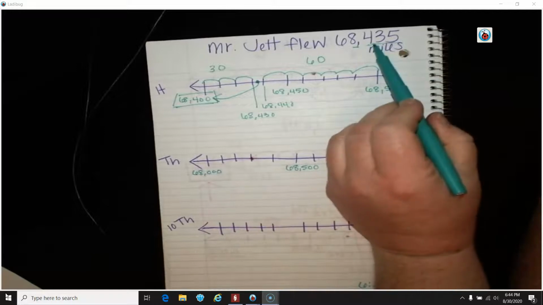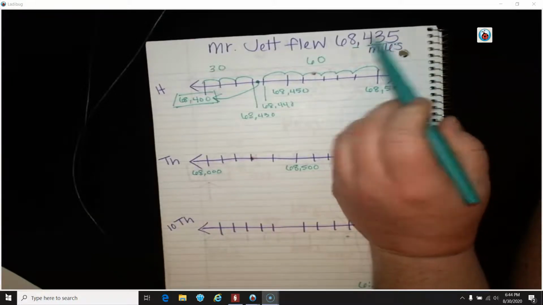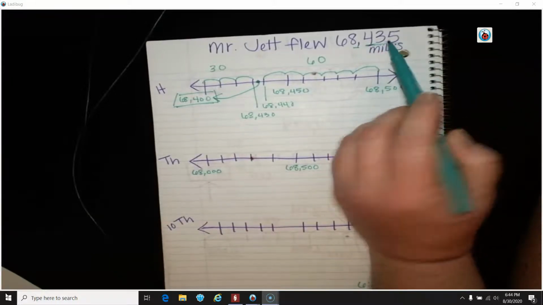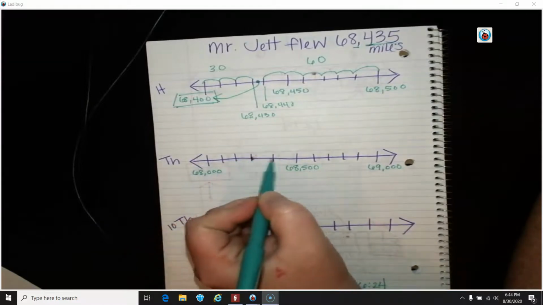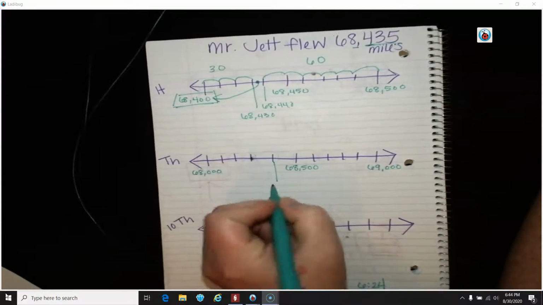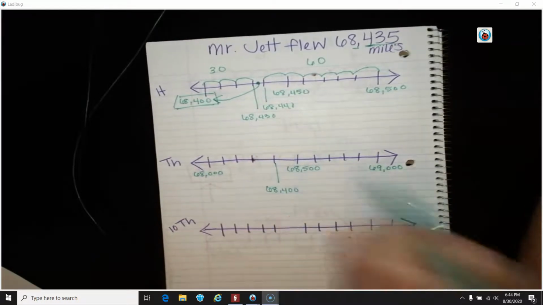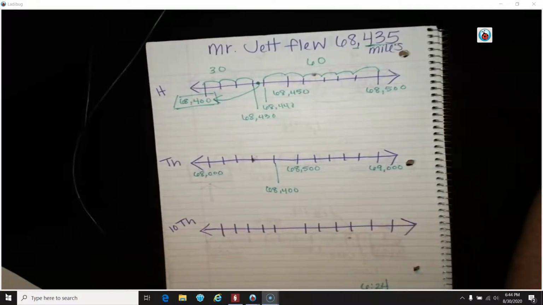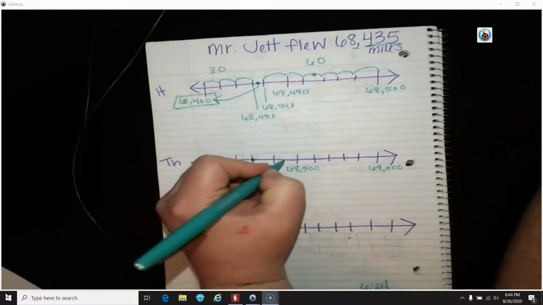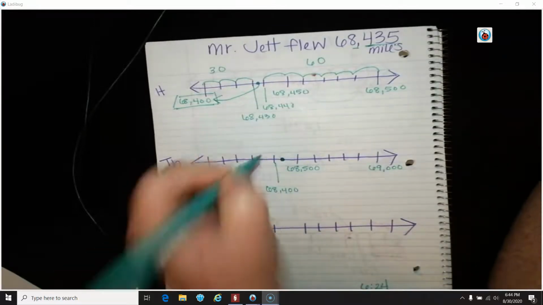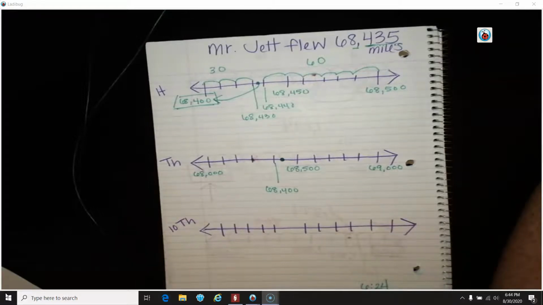number line. So I see 435. I know it's going to be between 400, 1, 2, 3, 4, which would be here, 68,400, and 68,500, which I've already labeled. So I am going to put it just a little bit to the left of center because 35 is a